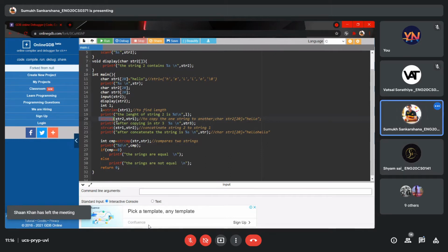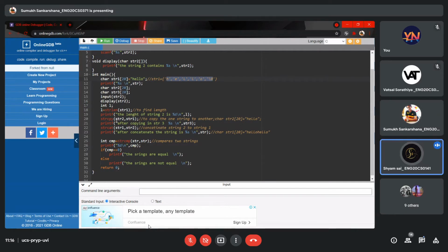Now, str1 has hello in it, right? str2 we didn't initialize anything in it yet, so it's empty. So when we use strcpy, it copies str1's contents, that is hello and the null operator, to str2.